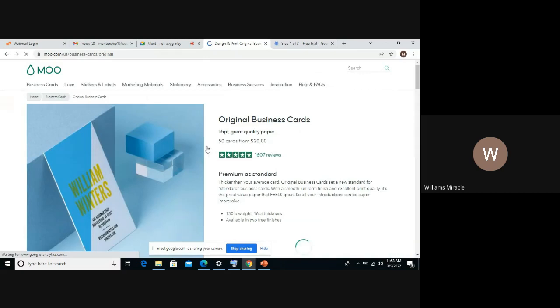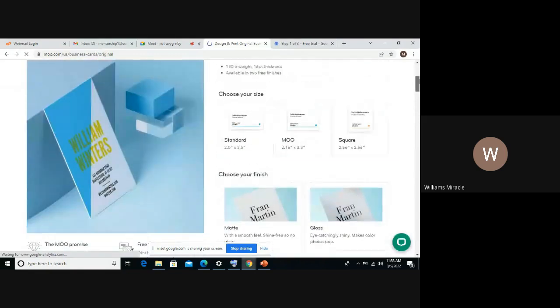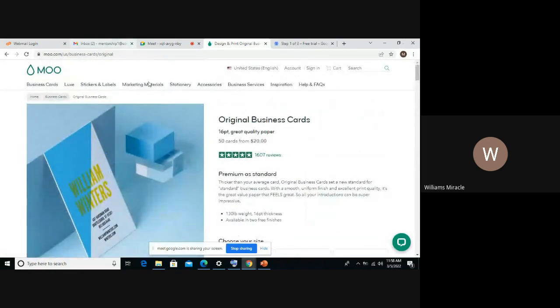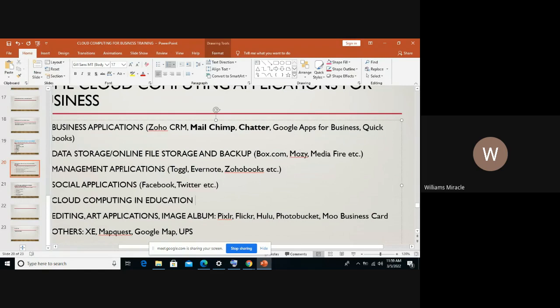You can come here and customize your business cards right here for your business. But this is not what we are looking into. I'm just showing you some of the cloud computing applications. So on your own, you can start doing business cards for your particular business. You don't need to pay anybody. You just go there and get started. There are a lot of them.